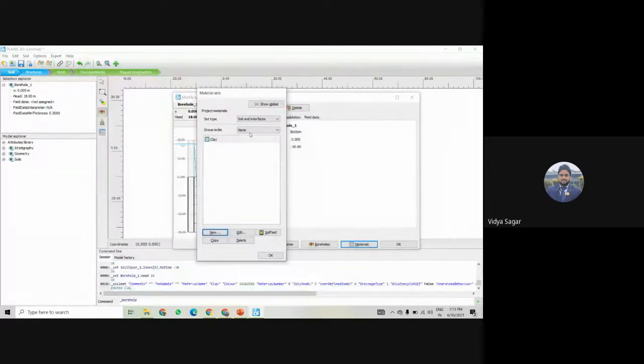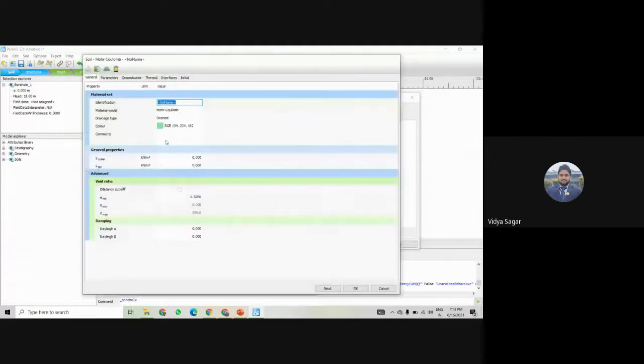This is for clay. Next, I have to add the sand also. For the sand, I have to take the hardening soil model. The condition is drained, 17, 20. Now I am going a little faster.